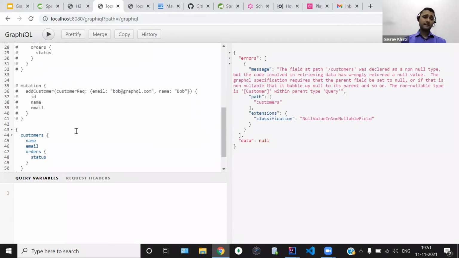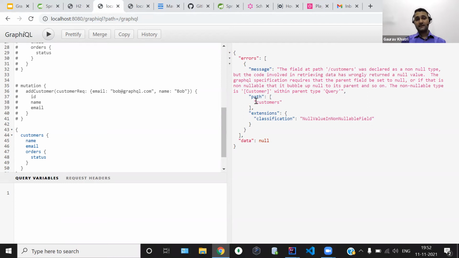If we hit this query, we got some error in terms of a null pointer exception. We can also see this exception is wrapped under a validation kind of wrapper. GraphQL has one more feature out of the box. It trimmed down our error boundary so that we will come to know whether the person has violated the GraphQL schema or not.